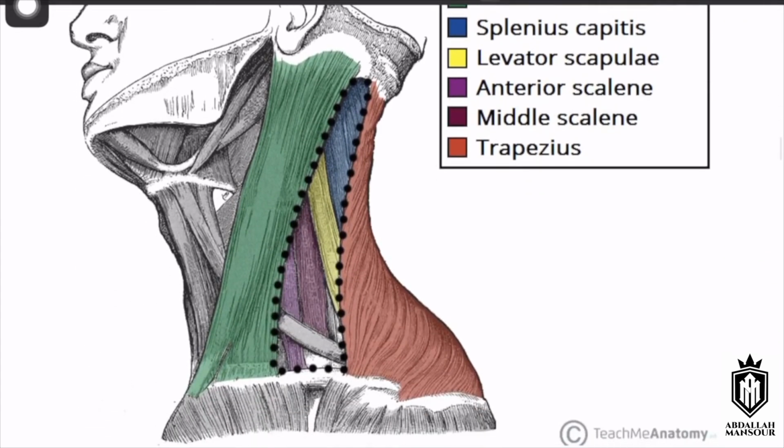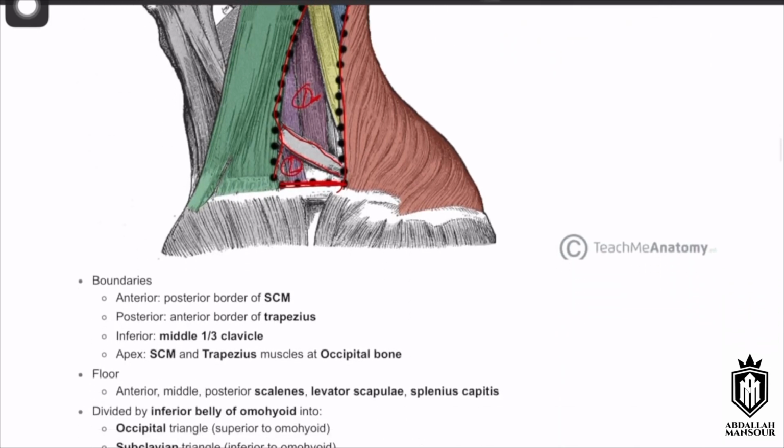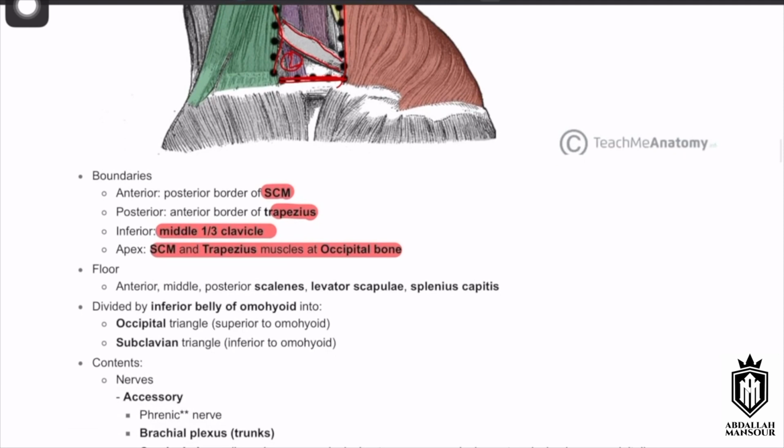Finally, the posterior triangle. This is a very nice diagram as well from Teach Me Anatomy. So you have here the boundaries: posterior border of the sternocleidomastoid, and the middle third of the clavicle, and also the anterior border of the trapezius muscle posteriorly, and it contains the inferior belly of omohyoid muscle dividing it into two further triangles. So that's one, and that is two. So I mentioned the boundaries: sternocleidomastoid, trapezius muscle, middle third of the clavicle,